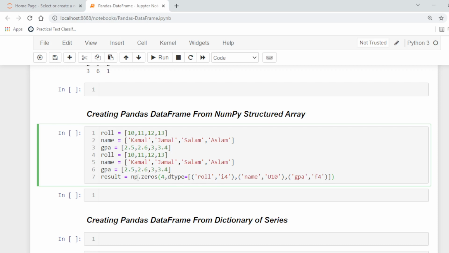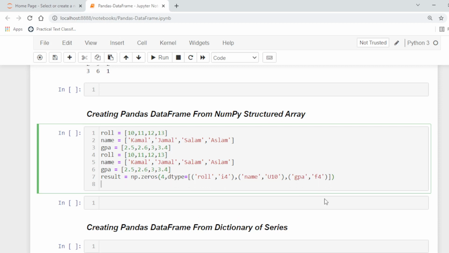In this case, we are creating a NumPy array of zeros. Then we will assign all the above Python lists to that array. So here data types will be specified as a list of tuples. So first roll is basically int, i4, 4 bytes, name is Unicode of size 10, and GPA is float 4.